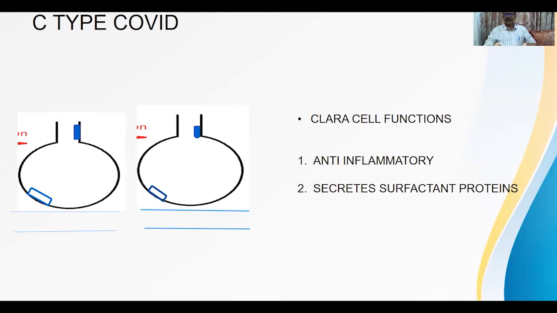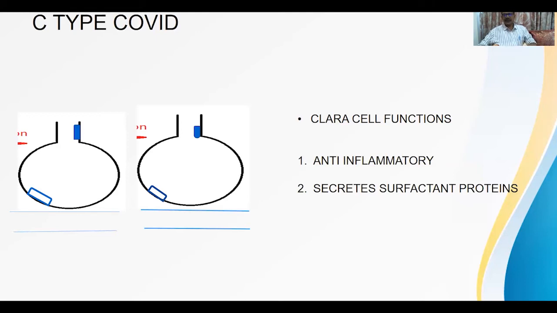So this Clara cell is located at a crucial juncture, and it acts in tandem with one more colleague, that is pneumocyte type 2. Now this pneumocyte type 2 secretes surfactant. This surfactant is very important to keep the alveolus open, but it is very unstable. The stability is provided by surfactant proteins. But these surfactant proteins are liberated by this Clara cell. So it liberates surfactant proteins, they interact with surfactant, and the alveolus remains open. The surface tension reducing property of surfactant is well known.